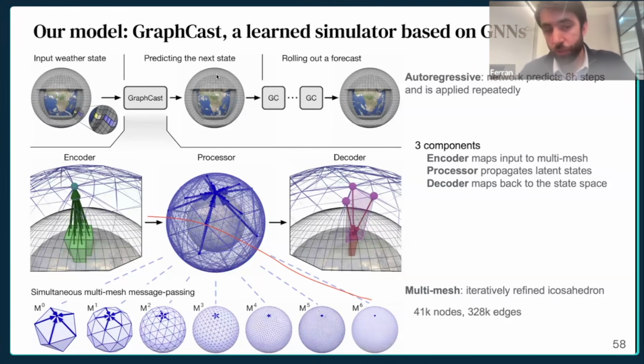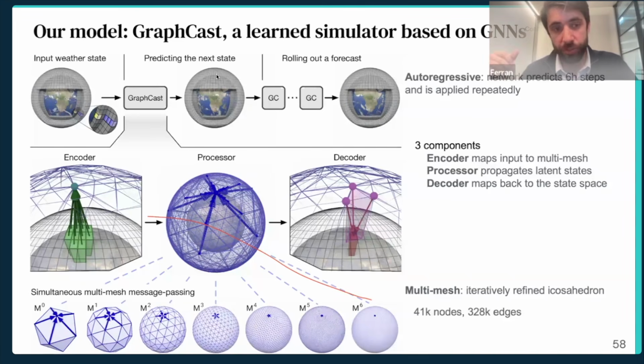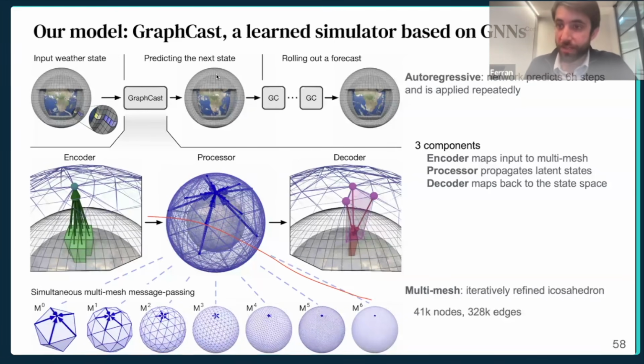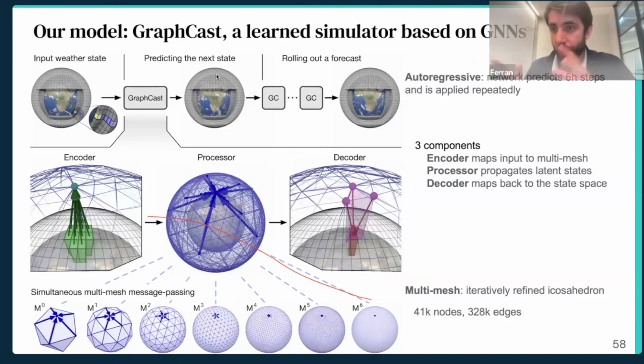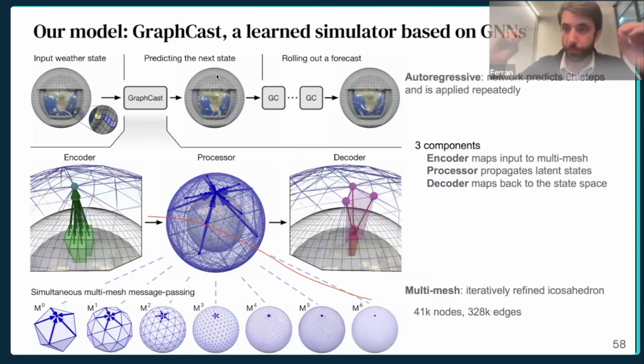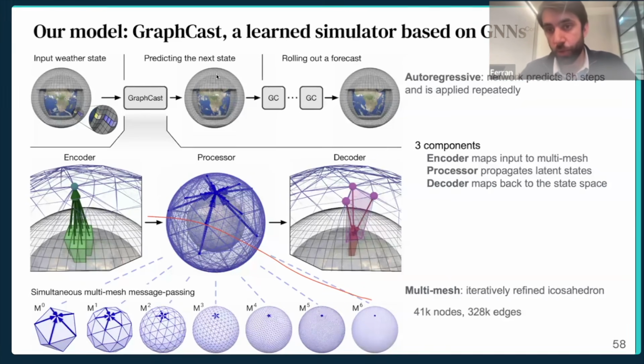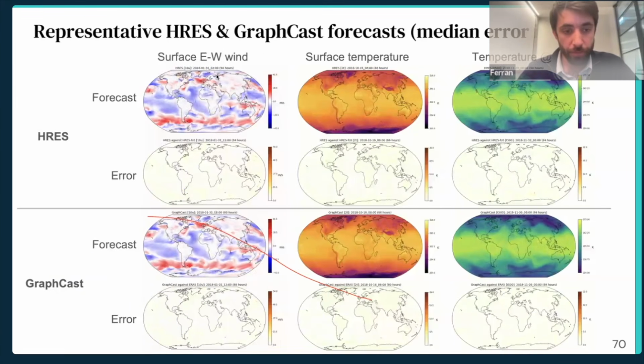Compared to maybe the work I showed before, where the graph neural networks were like 49 nodes, in this case, the network was 41,000 nodes and more than 300,000 edges. So it really is massive. The batch size for our model is literally 1, so we can only fit one example per TPU, and we use 32 GPUs in parallel. So it really requires a lot of engineering to make this work at scale. But the predictions are very good.